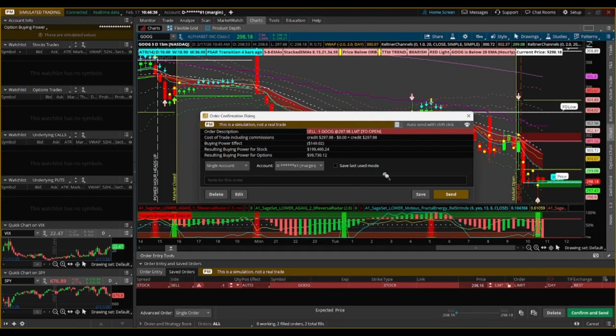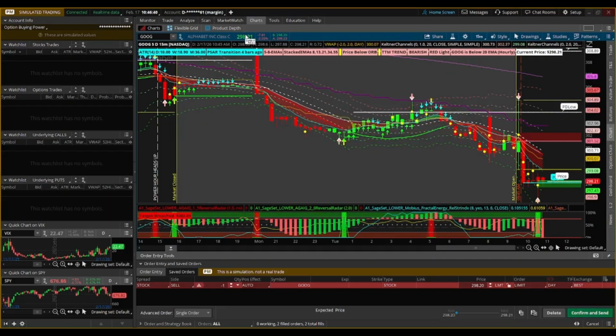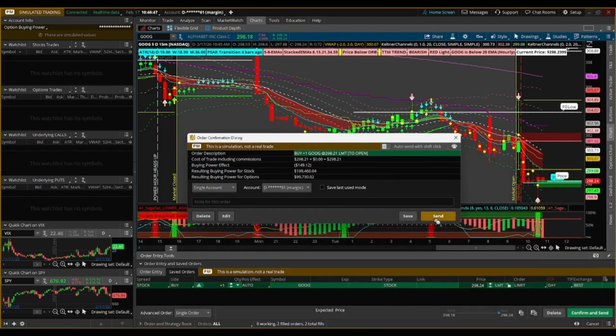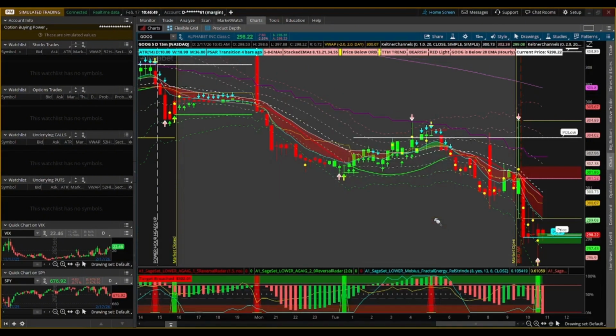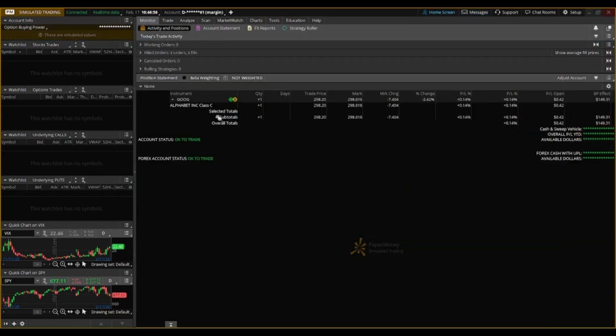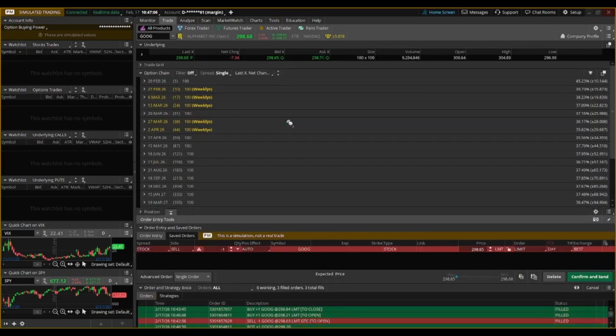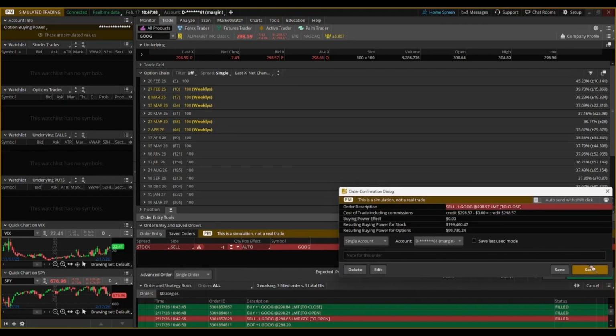One important thing to note, the order entry methods covered here are for placing new orders. If you already have an open position and want to add brackets, stops, or profit targets to it after the fact, that's done from the Monitor tab where your active positions are displayed, not from the chart. Any custom order structures you build can be saved as templates for future use, making it faster to place the same type of order again without rebuilding it from scratch.